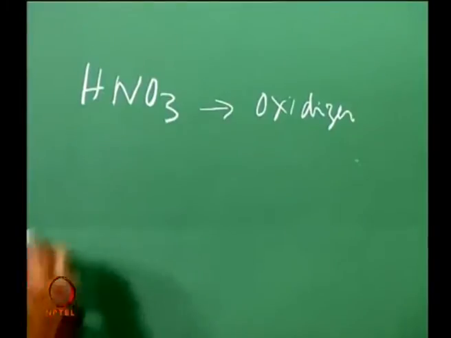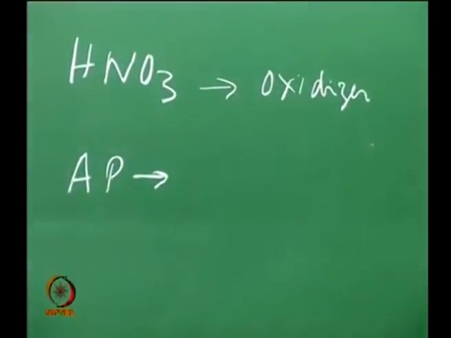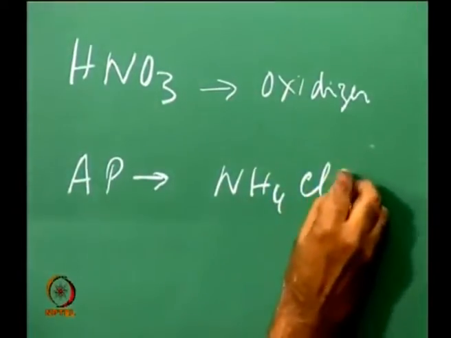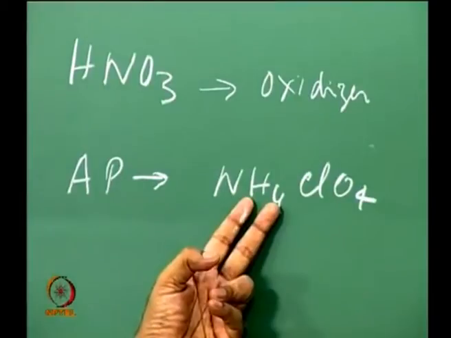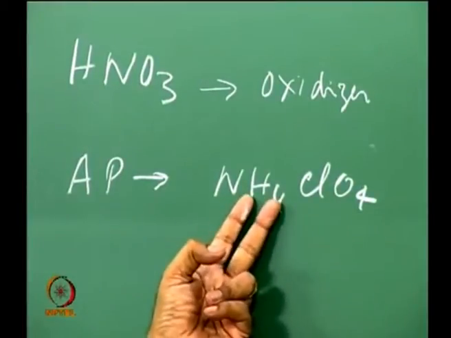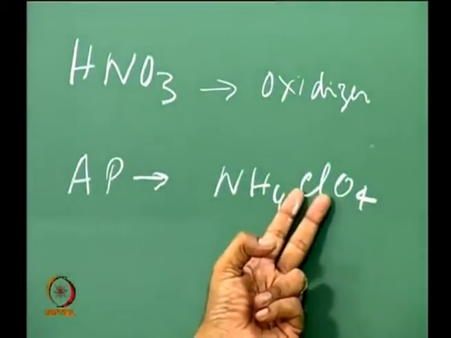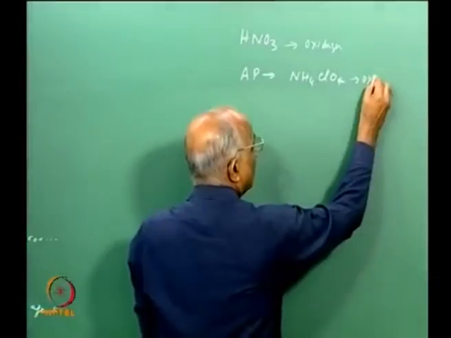If I have a substance like ammonium perchlorate, which all of you would have heard of, it is a very widely used oxidizer for solid propellant rockets. The formula is ammonium NH4ClO4. You find, well, I have 4 atoms of oxygen, but I have 4 atoms of hydrogen requiring only 2 atoms of oxygen for oxidization. I have chlorine, which is again an oxidizer, therefore it can also be used as an oxidizer.